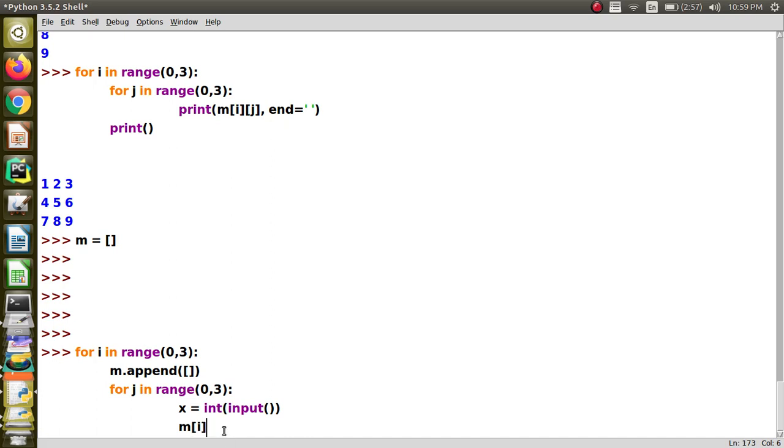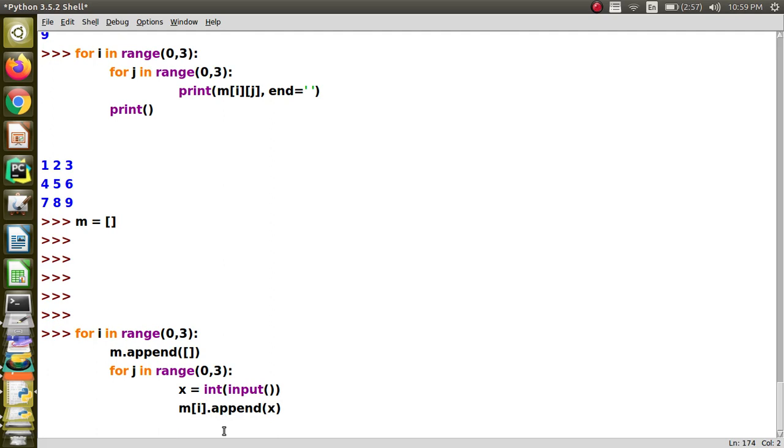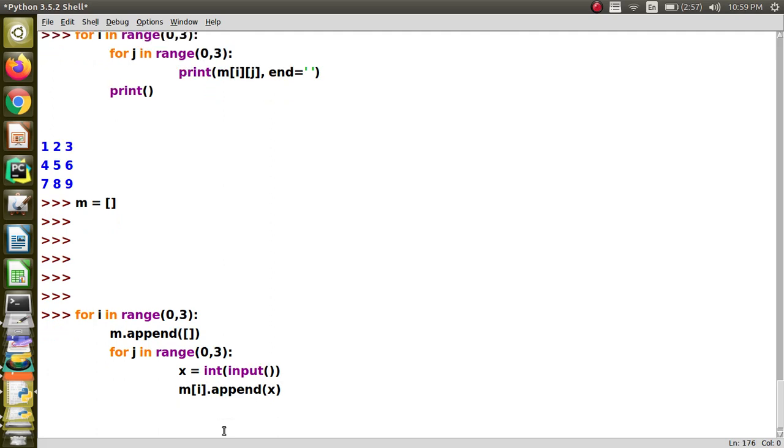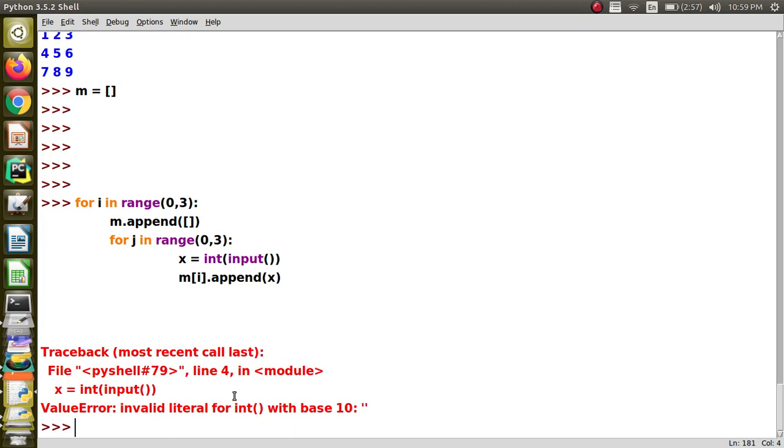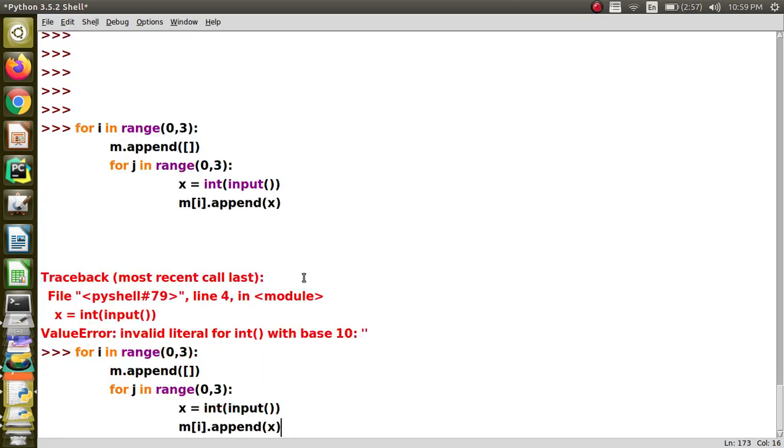So m of i will refer to the ith row. Whatever you have read, dot append of x. So this is how you will be forming the matrix. Once again I will run it.